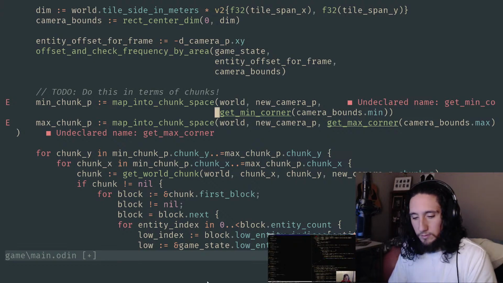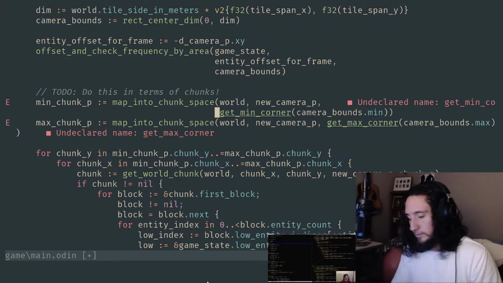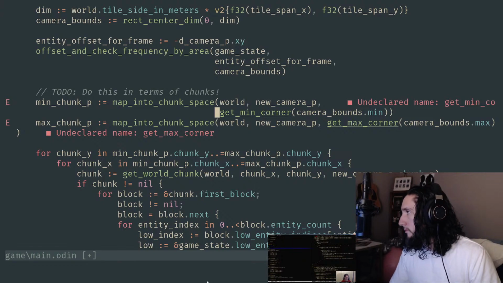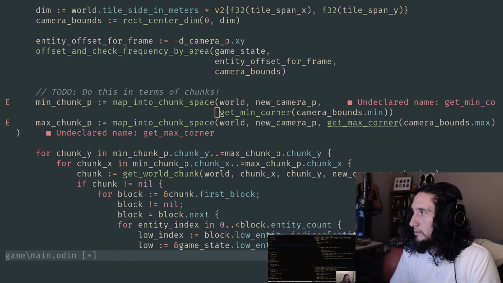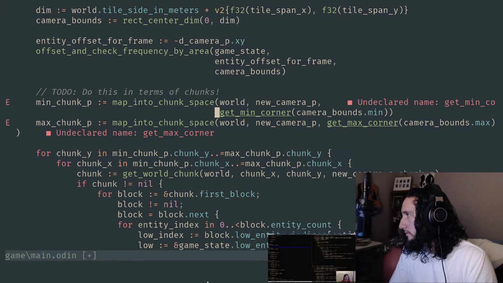And so in our math library, we've got those rectangles. We defined them. We haven't really done much work to make this a nice struct to deal with, but I'm going to have a get min corner and a get max corner, like that, so that I can grab those out. And again, the reason that I'm doing that is just because I find it's nicer in the code to be able to say what I want to get out of them. And so later we could also do something like get center, right?